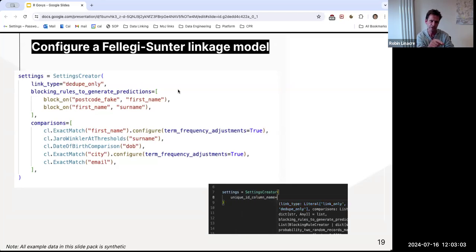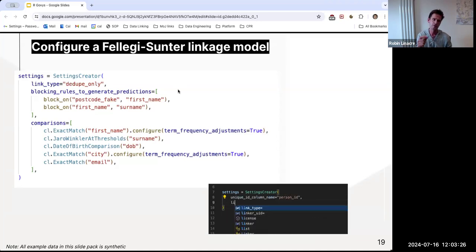For the date of birth comparison here, there are actually quite a lot of options which aren't shown here. What those options do is allow you to do things like, if date of birth is held in your database as a string, not a date, it allows you to set the format for the date, which will allow the database to parse it into a true date rather than a string. And what that means is that you can simultaneously have different bins within date comparisons. We would tend to recommend there being predominantly two types. One being